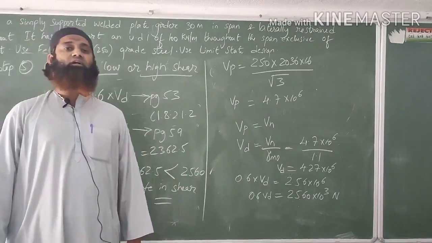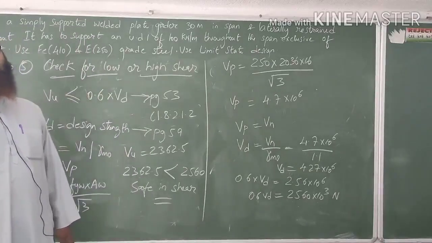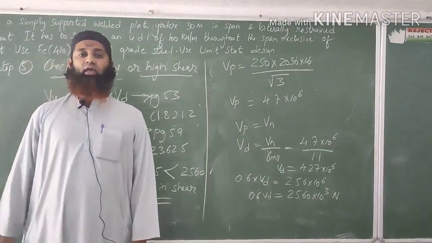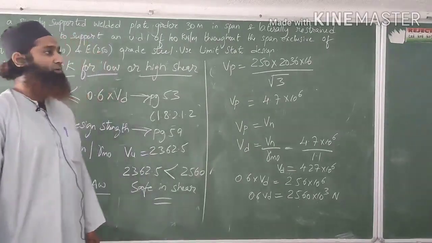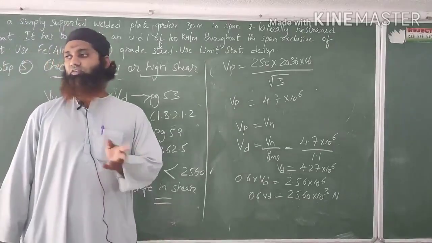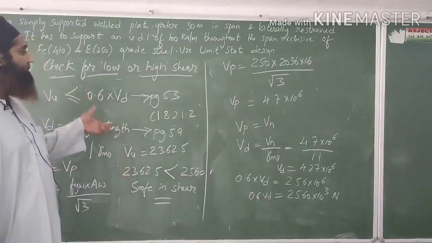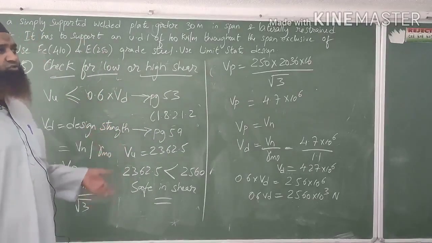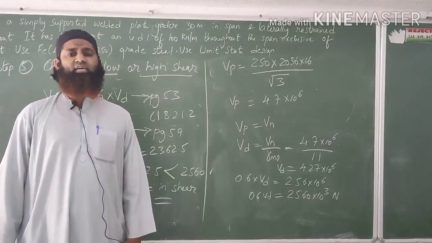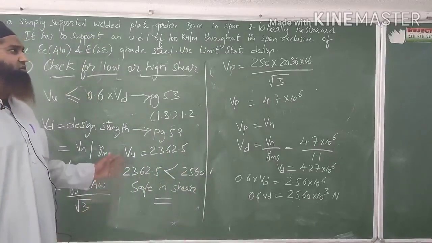Then in the third step we calculated the design of the web, in which we found the depth of the web. The depth of the web was given by Mu into K by Fy to the power of 0.33. K, I had told you, we will have to assume as 100 or 150 or 180. Here I assumed it as 150. After putting those values, D I got as 2036, and then I found the thickness of the web, that I got as around 16 mm.